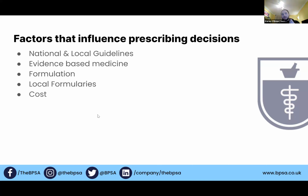So Sue also touched on cost a little bit earlier, and this is something that I feel, because I've worked in community pharmacy, I've experienced it in GP, and I currently work in hospital, and cost is something that I never really worried about, and now I do. Because when you're looking at a medicine that you would prescribe to a patient, you have to think about, do you prescribe